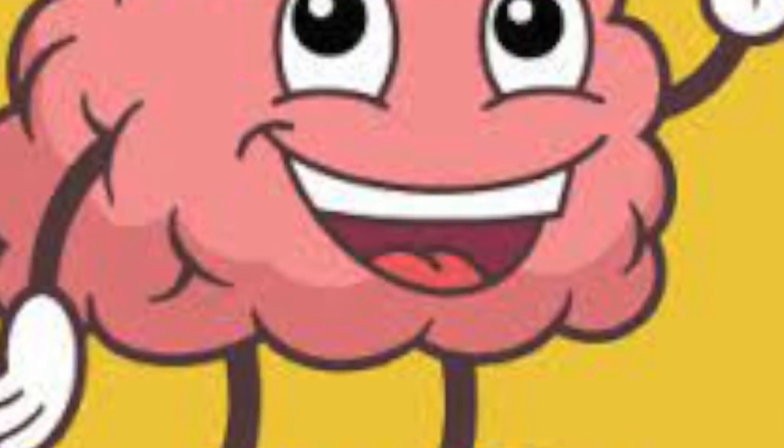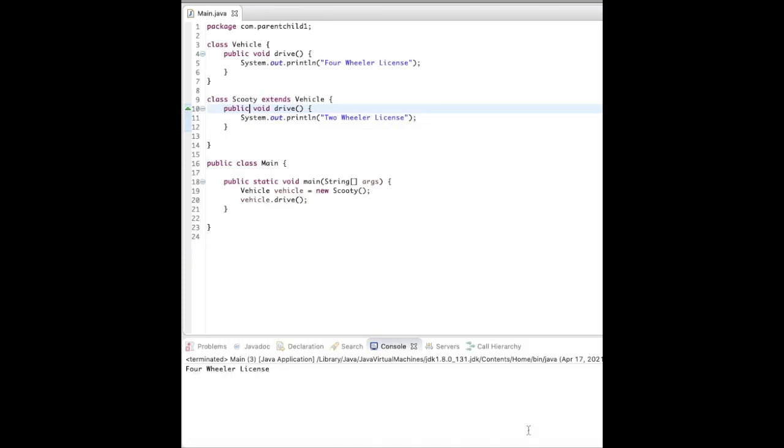Interesting. Having fun while learning? Move to the next. Now for the next example, I have created this class Vehicle which acts as a parent class, and this Vehicle has a drive method and it prints four-wheeler license.